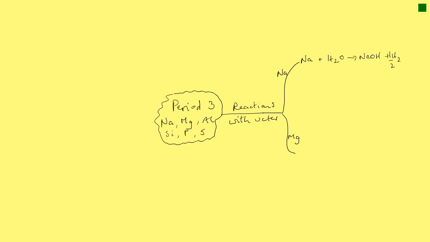Now this is a fast reaction, so let's change colour so you might remember it. It's a fast reaction, and when sodium hydroxide is in solution, it's very soluble, which means you get lots of hydroxide ions, which therefore means it's very alkalinic. In contrast, when magnesium reacts with water,